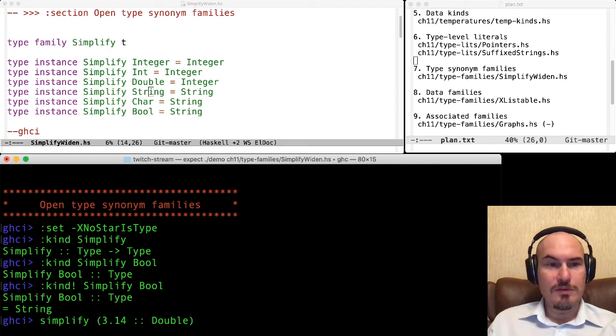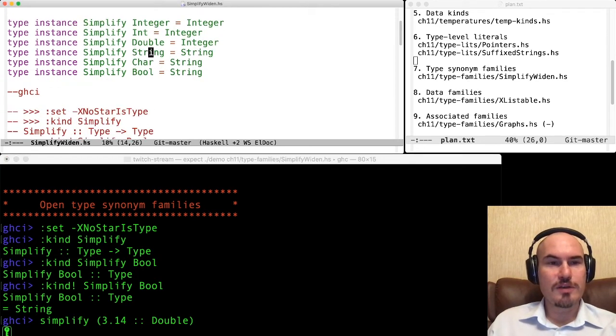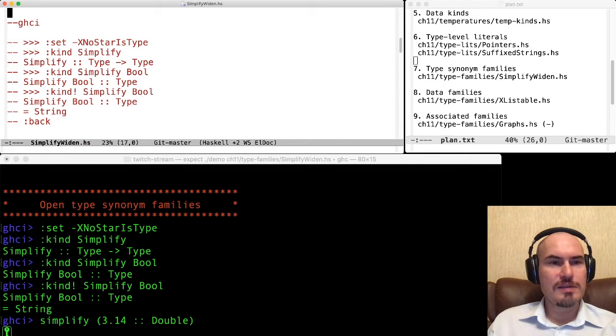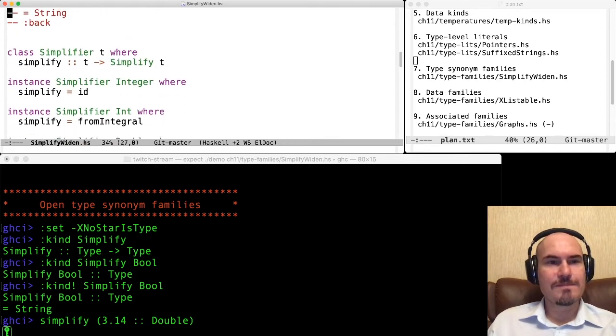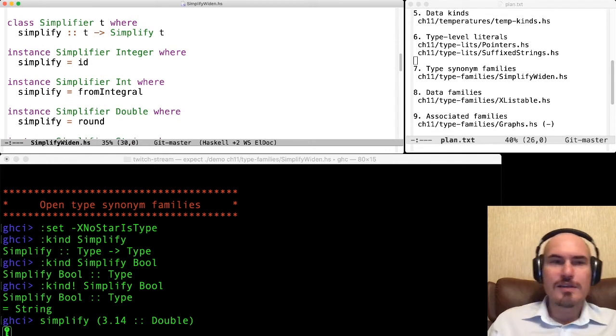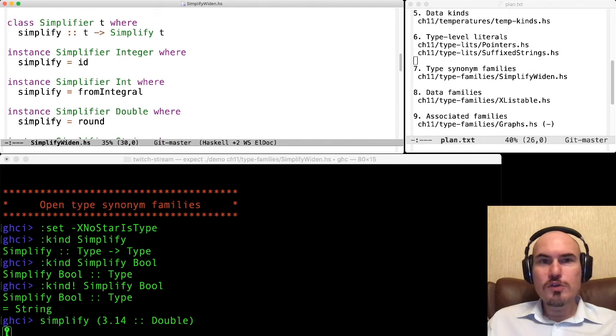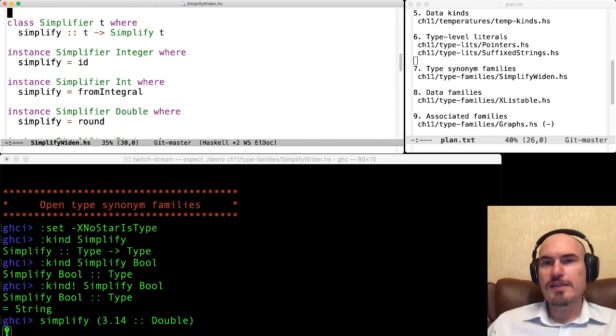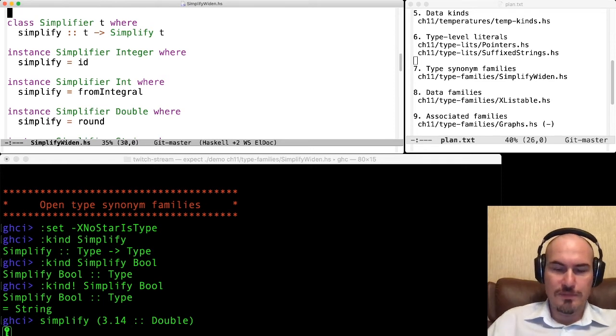And yeah, now let's get back to the code and try to write some function here. So now I want to use this type family to define something a little bit more interesting. So this is a function to simplify values, not types.